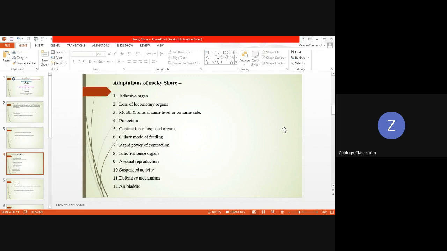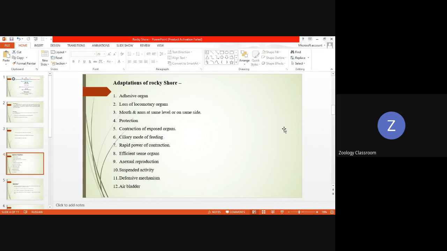Now, next one is loss of locomotory organs. Now, in case of Mytilus, instead of foot, which is generally used in the mollusks for locomotion, this foot is lost, is reduced, and in case of these Mytilus, byssus threads are developed, and with the help of these byssus threads, the Mytilus get attached to the rocks. The next one is the mouth and anus at same level,